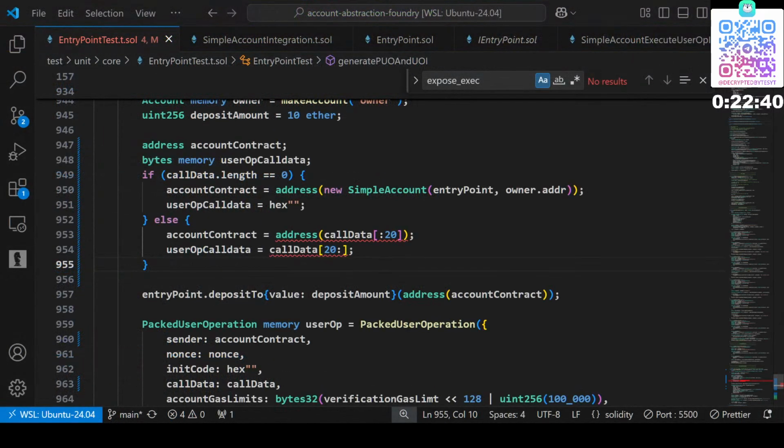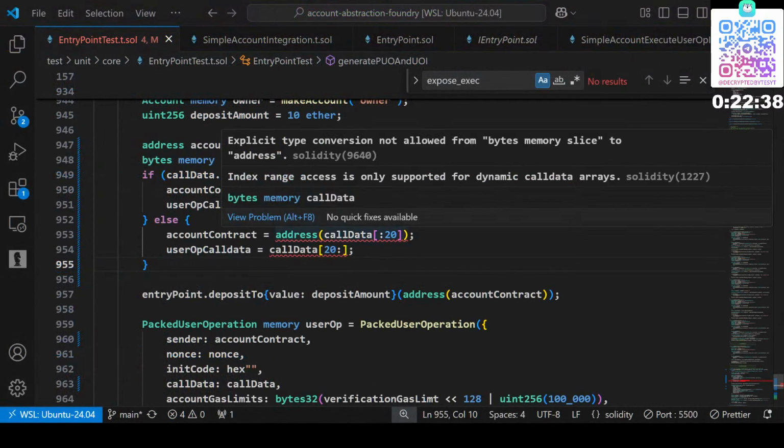Okay, let's get back to VS Code. Index range is only